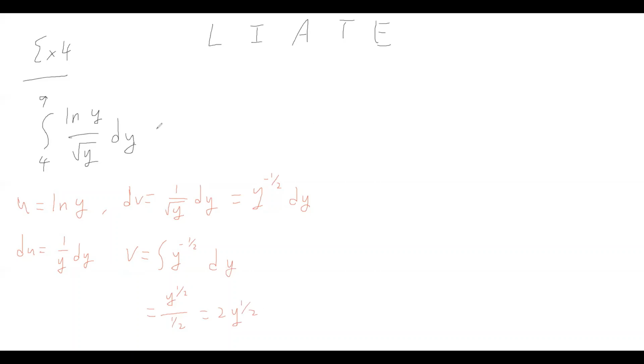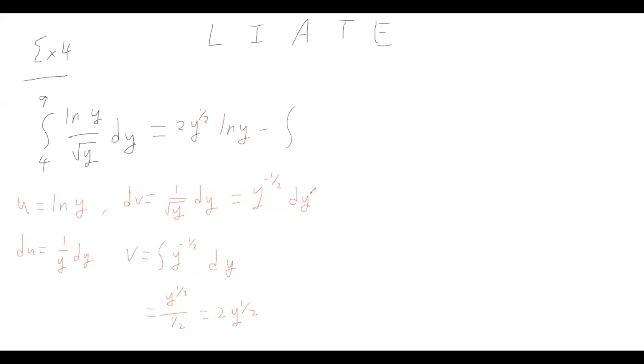All right, so follow your integration by part, starting with uv. All right, so uv, that's 2y to the 1/2 times ln y minus